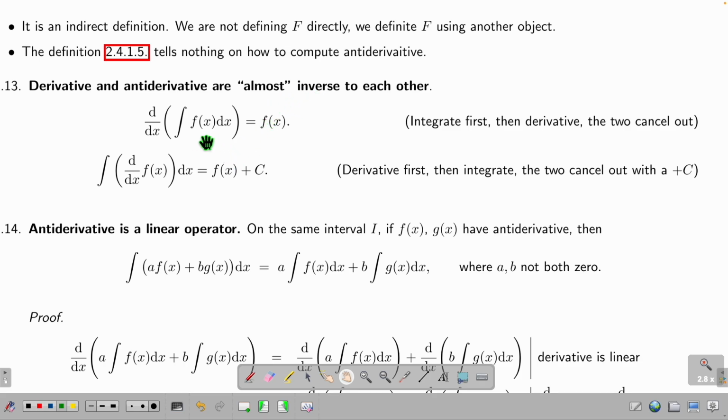For example, if I differentiate this thing, again, I can call this big F. The derivative of big F is small f. This is like this, but why are they not the same? Because this is a real number. So this is f(x), yes, but you also add a real number. Are they equal? No. Two things are equal, remember: